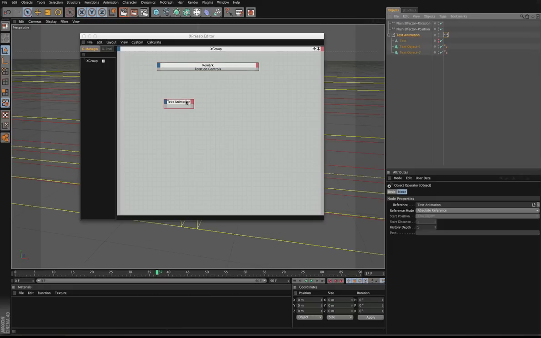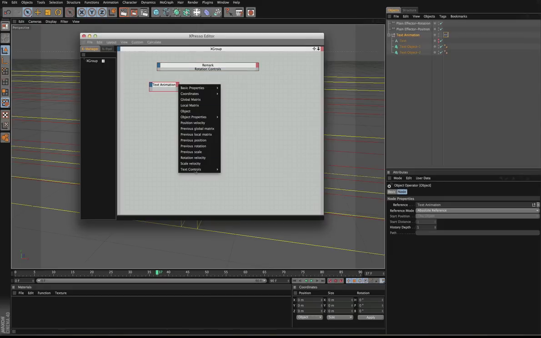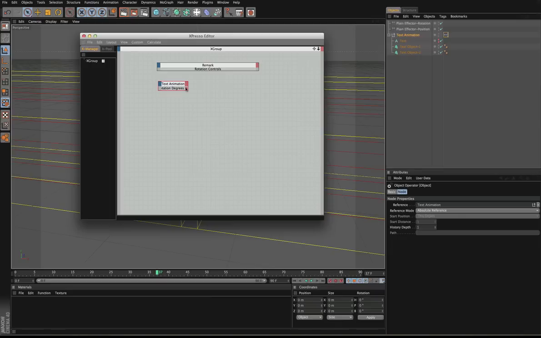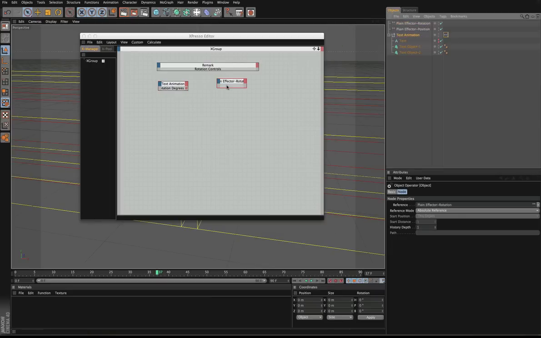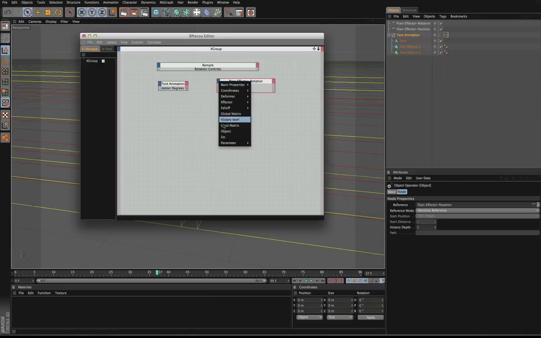Bring in our text animation. Right away we just go down to text controls and pull up our animation controls, the new group that we just made, and rotation degrees. Simple enough. And then we'll pull in our plane effector, and then we're looking for the parameter of transform rotation